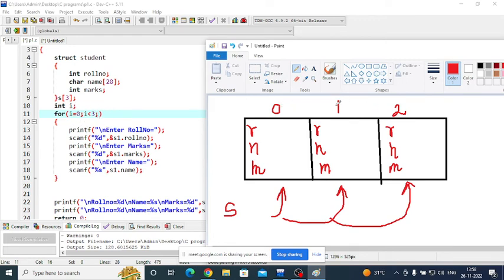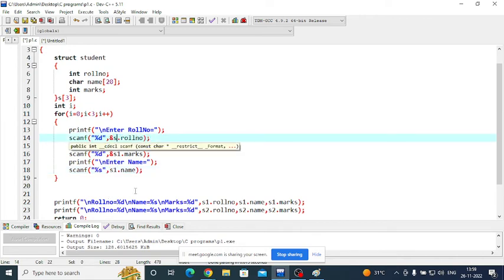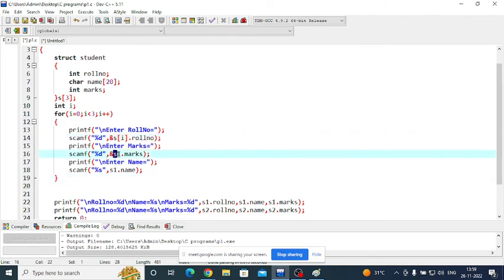And what is the difference between 2 values? This is 1, so it will increment by 1. So I plus plus. Instead of I plus plus, you can write I is equal to I plus 1, meaning it's the same, right? So 3 times this for loop will be executed, and it accepts the value and stores it inside the array, S of array. So instead of S1, what do we have to mention here? Here the array name is S and the index is pointed by I. So S of I dot roll number, S of I dot